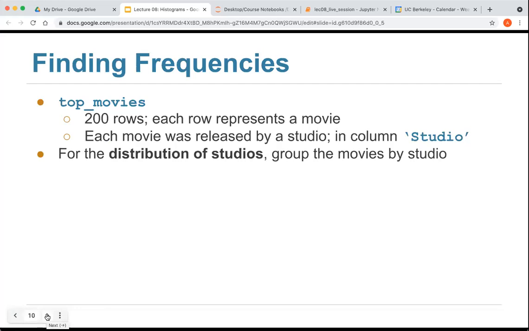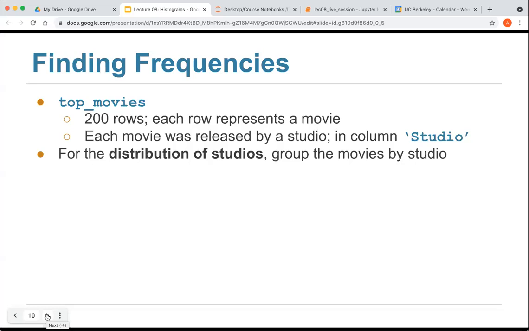So supposing we want the distribution of studios, let me be clear what that means. We need all the values of the variable. That means we need the name of every single studio. And then we need the number of movies that were released by each of those studios. So if I gave you this table and I asked you how many movies were released by, say, MGM. MGM is the name of a studio, and it's a string in your studio column, then what would you do? If I asked you how many movies were released by that particular MGM studio, what would you do?